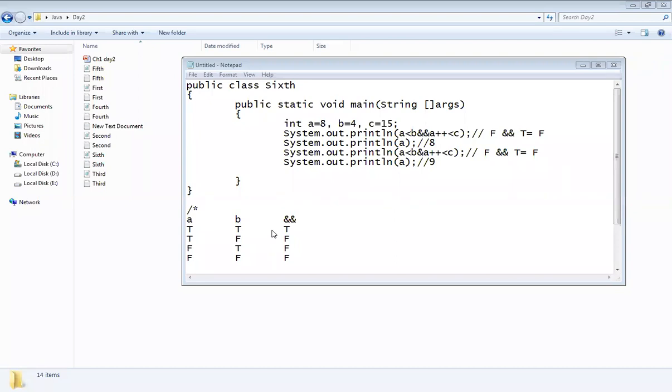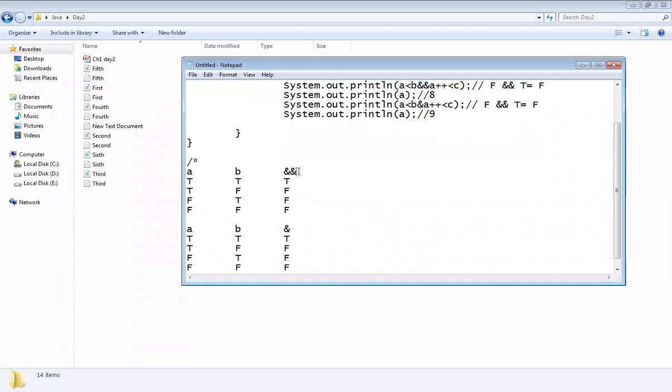But in bitwise OR it always checks both the conditions. So first I will write here the truth table for logical OR. This is the logical OR. If any one of these is true, then the truth table contains the value true. The same is applicable for logical and bitwise.